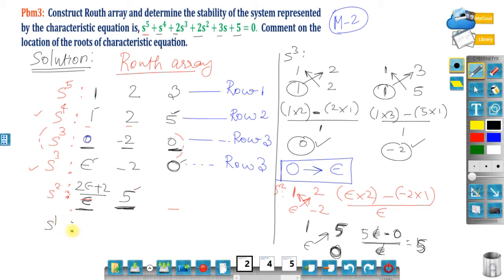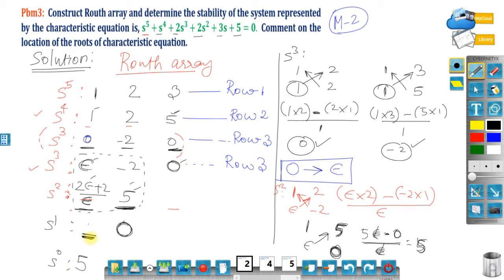S power 1 will be one biggest equation, I think, because we need to work with this eta, 2 eta plus 2 by eta, and minus 2 and minus 5. Okay. So with these 4 values we need to calculate the new step. Right? This will be a very big equation, I think. S power 0 will be the same 5. Right? 1, 2, 3, 4. Within these 4 parameters, there will be 0 entries. So s power 0 will be 5. We need to calculate this term.